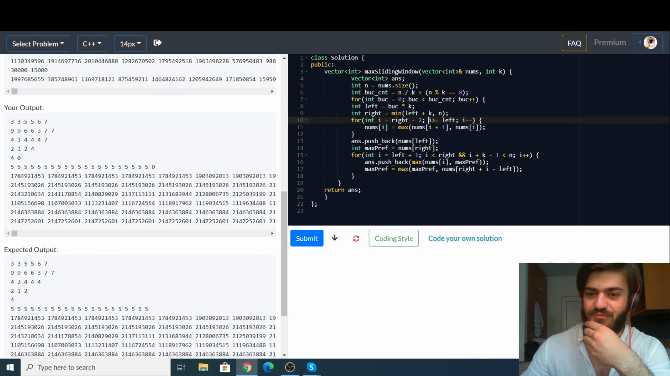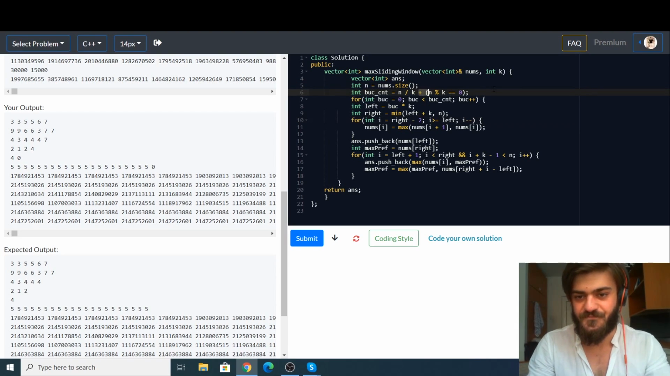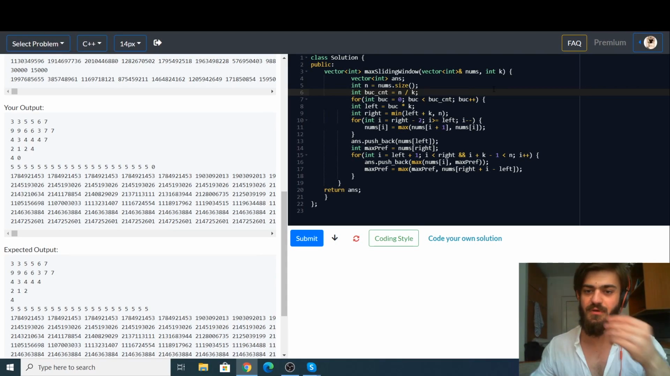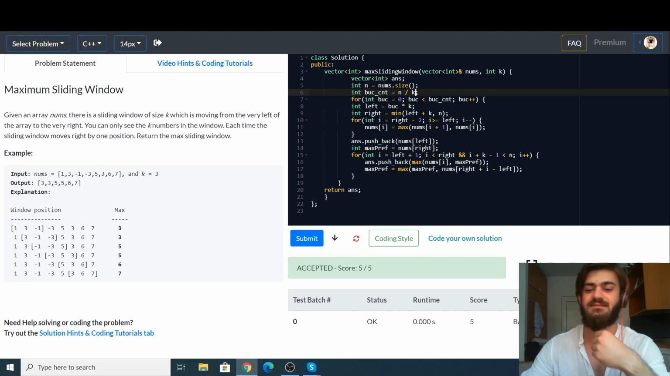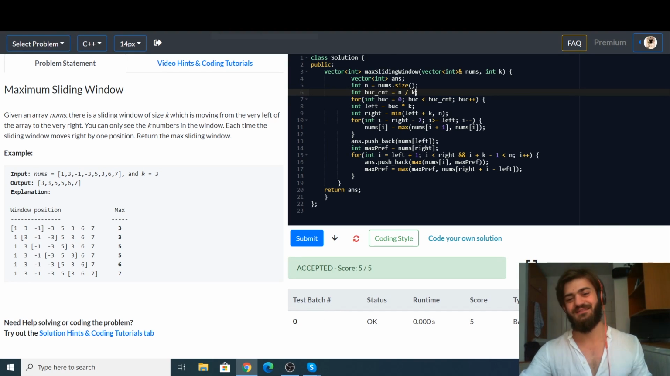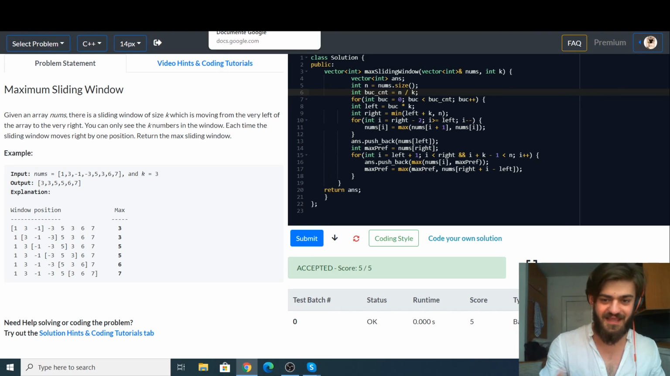Yeah, I print too many of them, which is not cool. But I think now it's going to work. It's n divided by k. Yeah, it's accepted. Yay. Oh, nice. So the problem was that the number of buckets, initially I got it right, it's n divided by k,